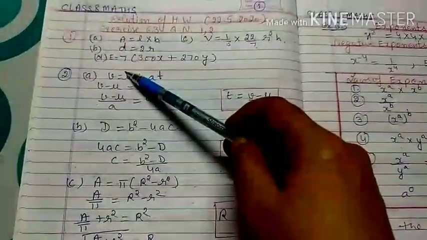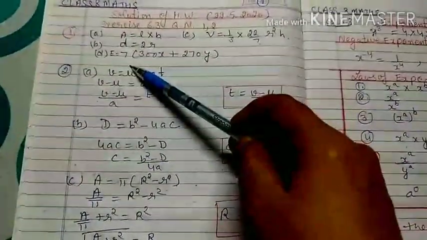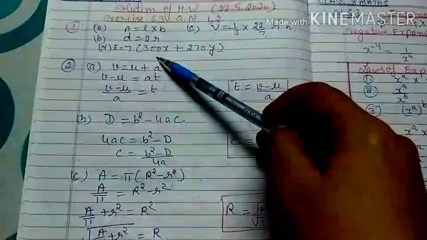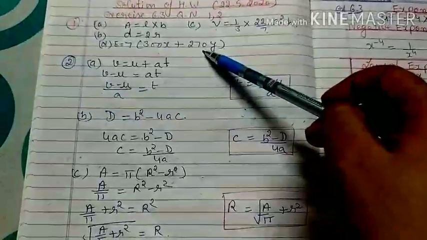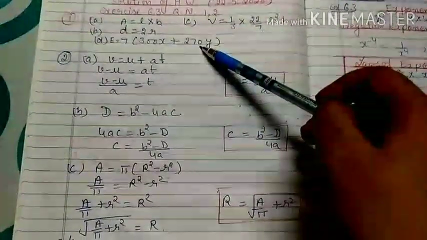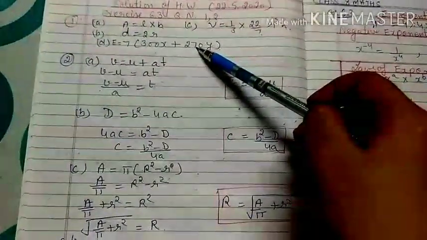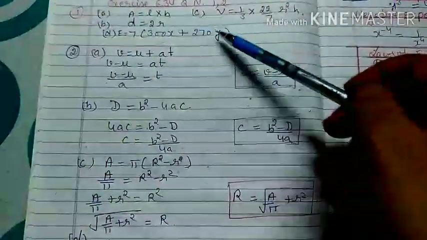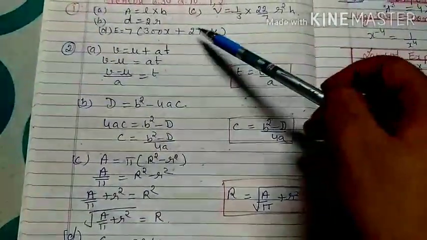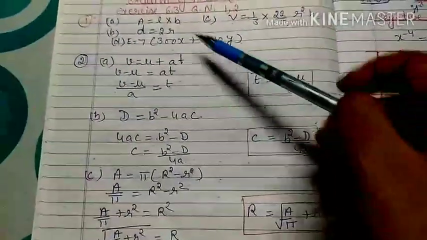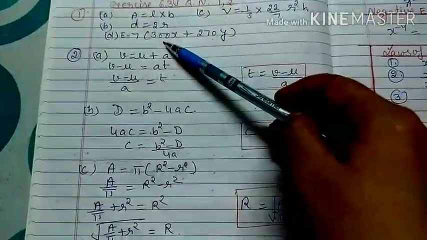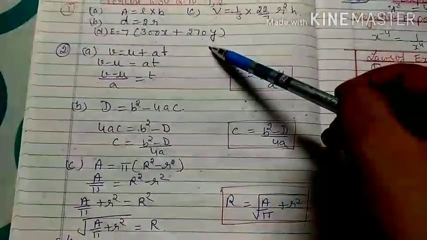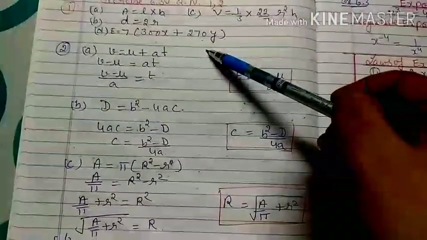Now D part is: in a factory men are paid rupees 300 per day and women paid 270 per day. Find the total earning by X men and Y women. If X is a man, Y is the woman. So according to the statement, what will be my equation? 300x plus 270y. But it is written that it is for the one day.